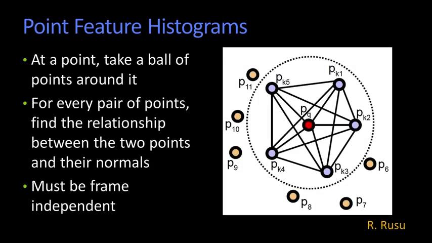Do you remember SIFT? SIFT was a way of saying, and Harris points, remember they were Harris-Stevens points and nobody ever remembered Stevens? We had ways of finding points and then generating a descriptor, and that descriptor had to be sort of discriminative and yet robust. That is, we wanted them to be relatively unique but robust, so that when we found a description here and we matched it with the description there, it would most likely be the right one. And then we improved that. We used RANSAC in order to find the right sets of matches. Well, we can do exactly the same thing with depth. You know, what's drawn here is that I've got this interest point, and I've got this sort of neighborhood of these 5 points around it, or I might look at